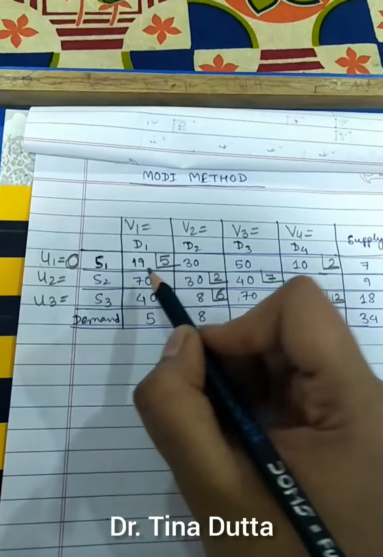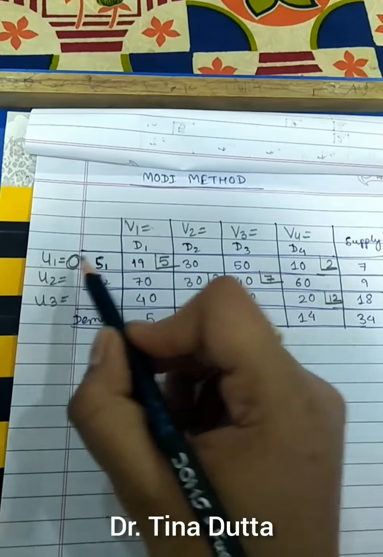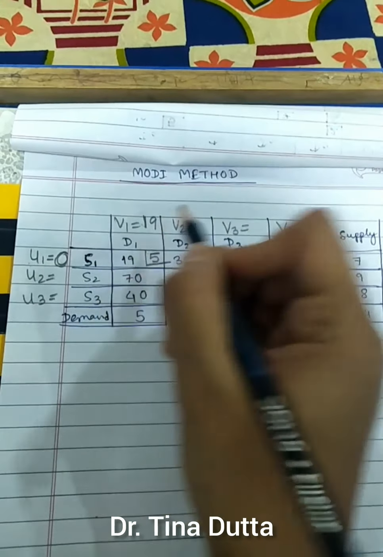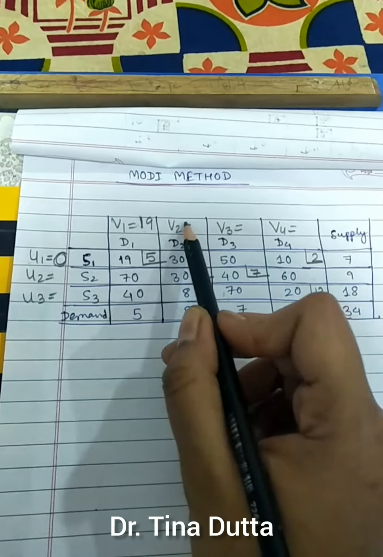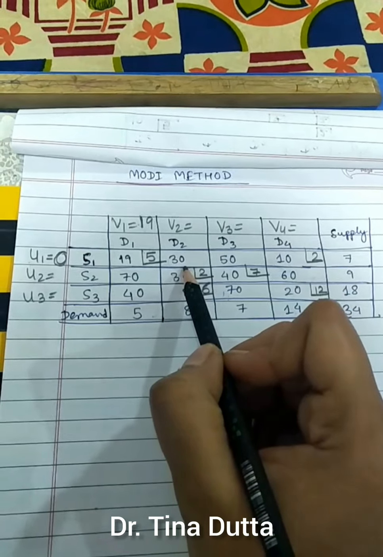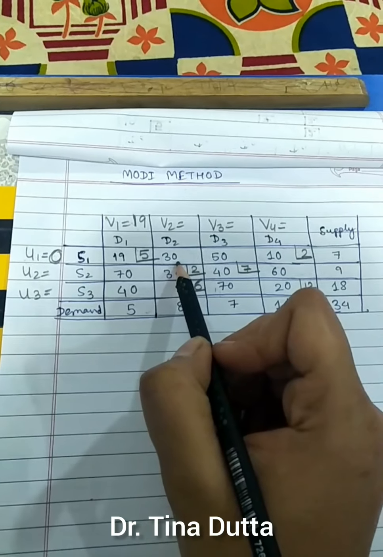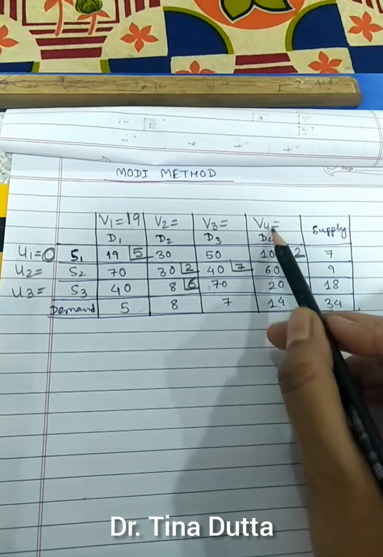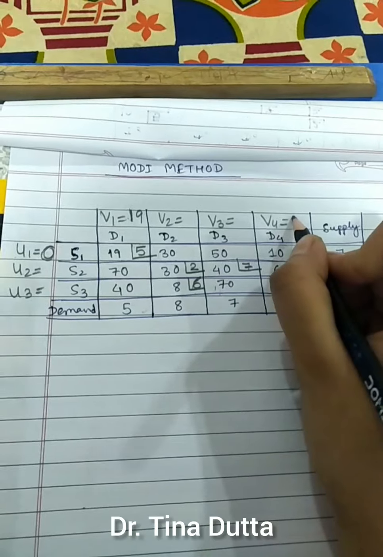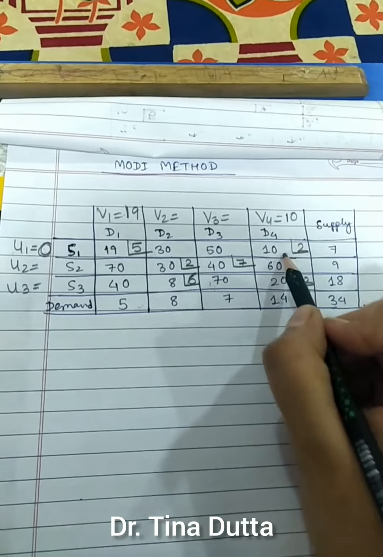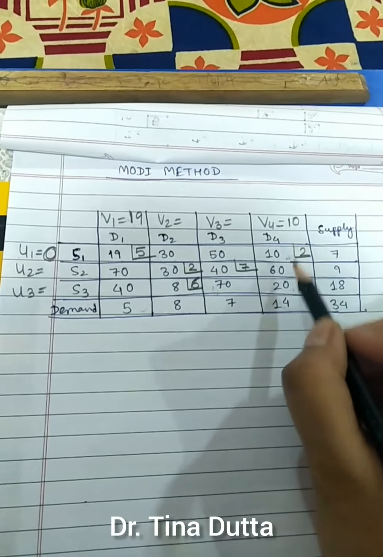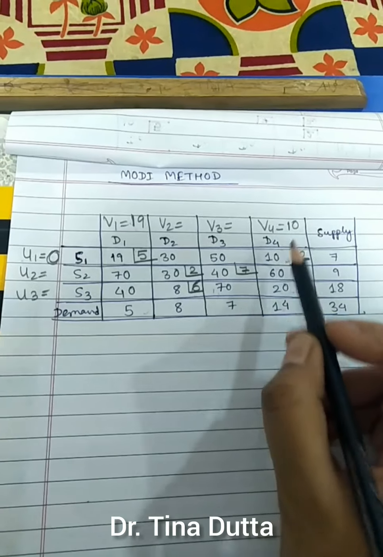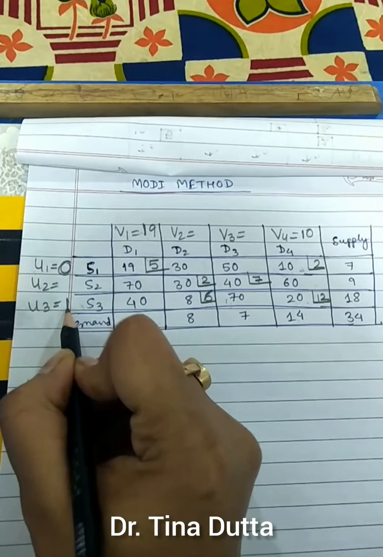If U1 is equal to 0, what should V1 be? 0 plus V1 should be equal to 19, so that means V1 is 19. Then we cannot get V2 for this cell because this is not occupied; we will calculate the Ui's and Vj's for occupied cells only. So we'll go here. If U1 is 0, V4 should be equal to 10, so that we get C14 equal to 10. Then the next occupied cell is here, V4 is 10. So what will be the value of U3, so that we get 20? 10 plus 10 is equal to 20. So this is 10.